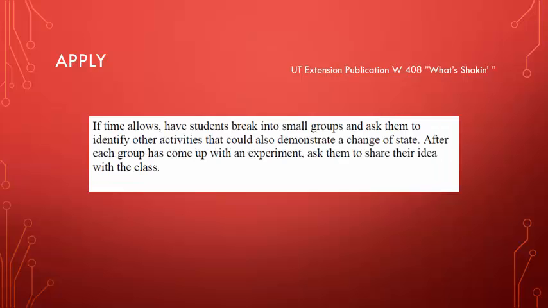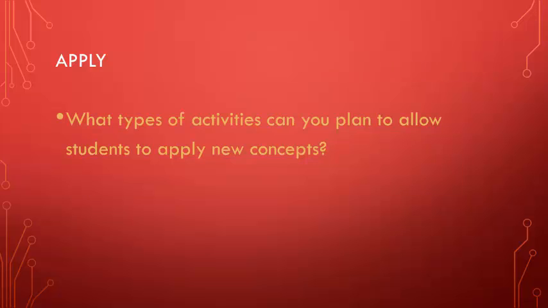And with the What's Shaking lesson, asking them to think of how they could design other experiments to record and measure changes in states of matter. So getting them to think through that design process of, if I wanted to record a physical change of state of matter, how would I go about setting that experience up or that experiment up? I would say this is the step that we miss most frequently because we run out of time. But it's also the step that we are really rich